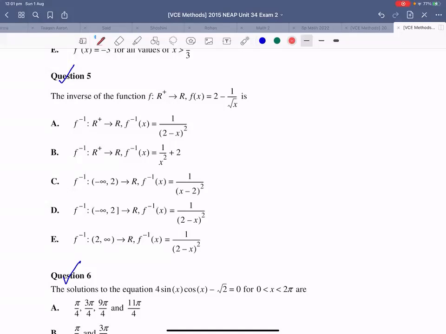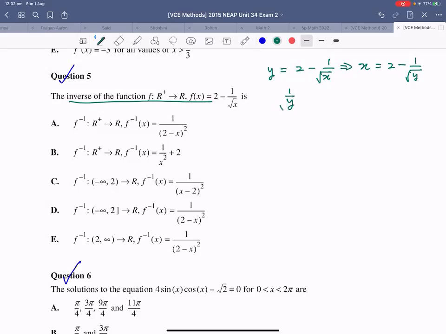So inverse function, read the question carefully. Inverse function here. Okay, inverse function of this. So what you do? So y is given as 2 minus 1 divided by x. And then you are going to swap the variables. So it's going to be x is equal to 2 minus 1 divided by y. Then you make y the subject. So when you do that, you get 1